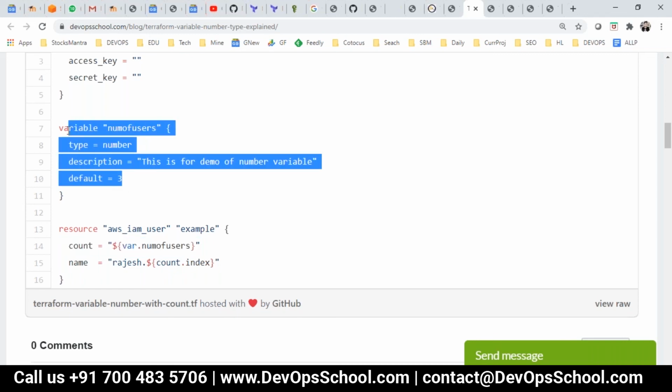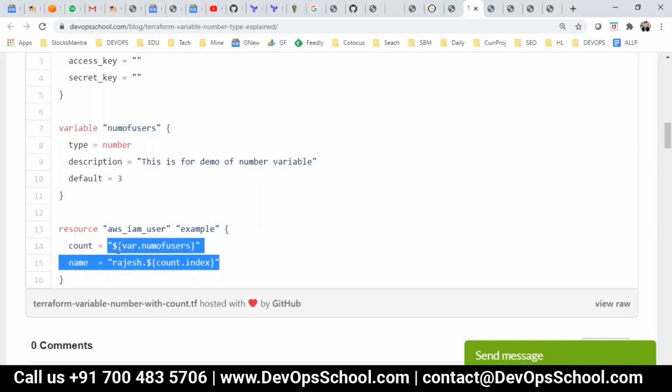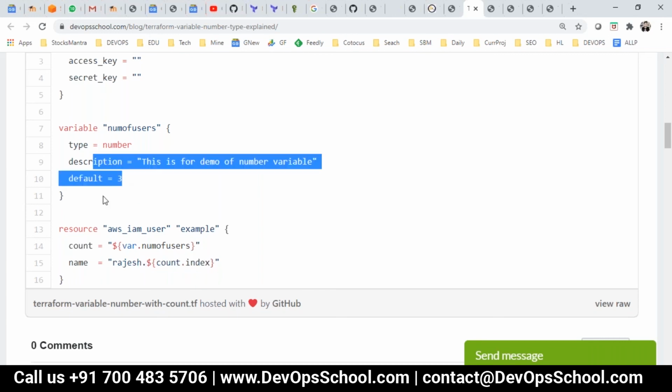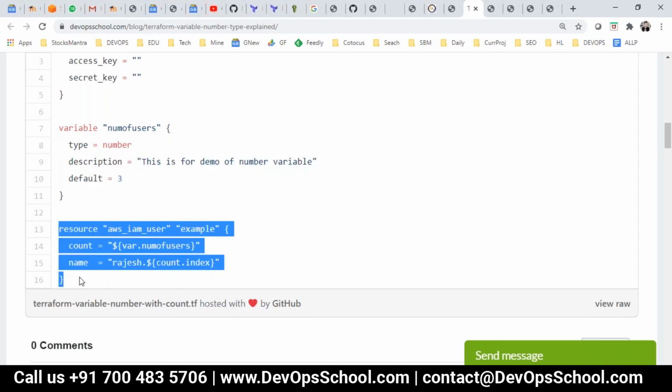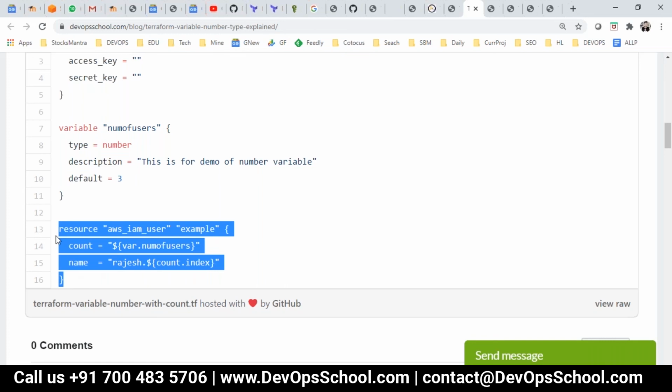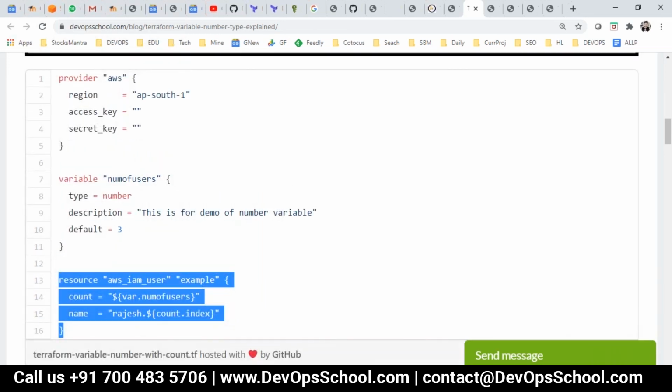This is the number type, and here you are indexing Rajesh dot index 0. That means 3 times you will run. So this whole resource will run 3 times: 0, 1, 2, like that. Understood this?